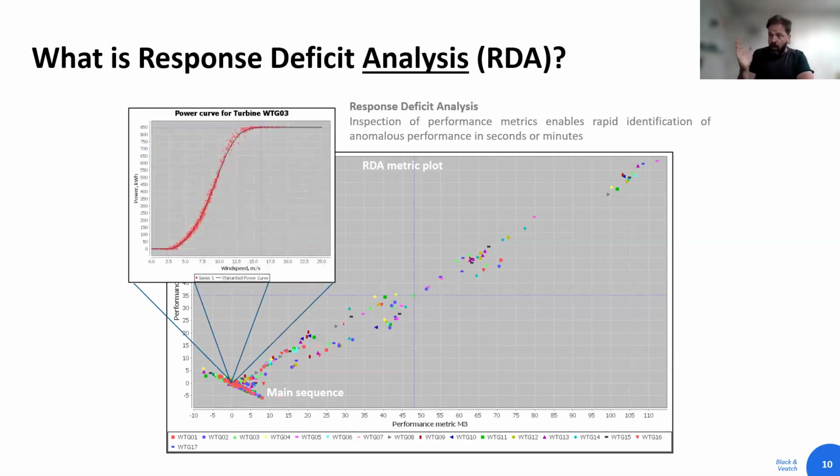That's what one point on there corresponds to: the power curve for one turbine for a particular month of operation. Then we have all of these anomalous outliers. So straight away, this is what I'm saying. It's a visual representation. Immediately, you know there's something wrong with all of those turbines for all of those periods of time. And from a triage point of view, that's where you want to look and investigate in more detail, to drill down into the data, look at the event logs, and so on,